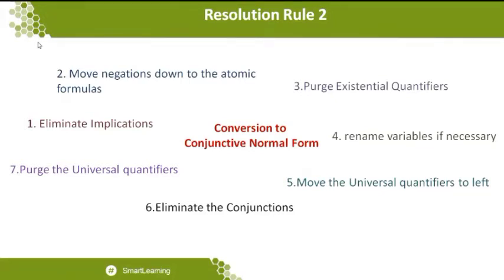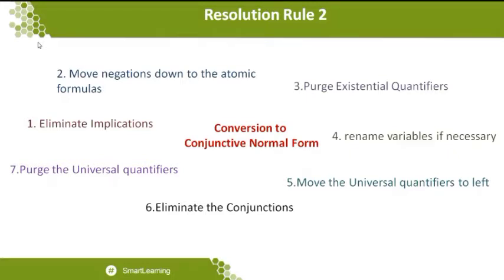So why specifically are they called atomic formulas? When there is a conjunction symbol available, you can clearly write the sentence separately as two statements, so that when you go for resolution, especially for the unification of the substitution, at that moment you can identify it, and the substitution will be made very easily. That is why they specifically mention moving the negation down towards the atomic formula.